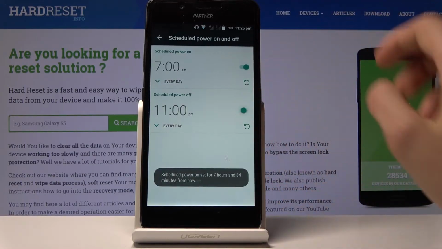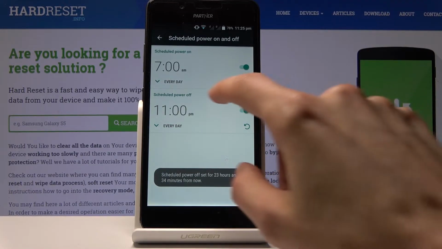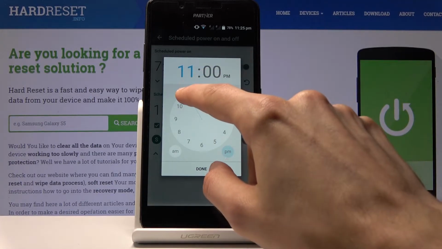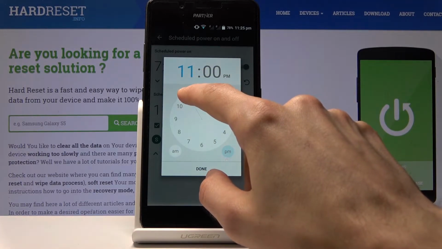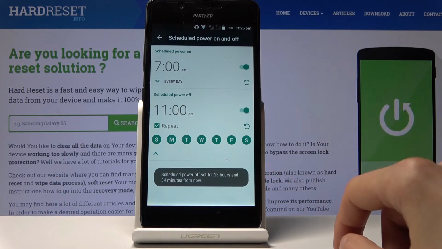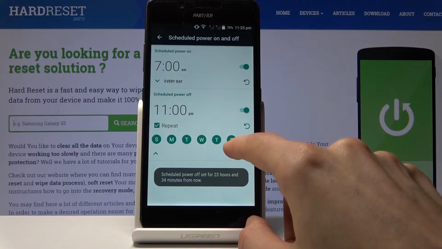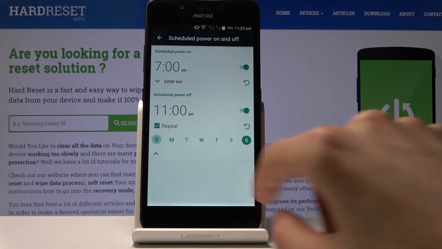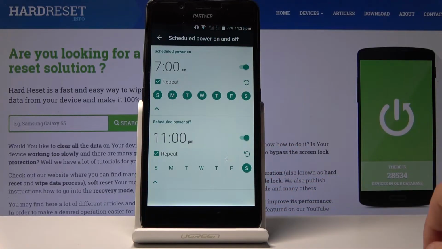So you can just enable both of them, and this is schedule power off. We're going to begin with the off, and I wanted to, for instance, shut off at 11 p.m. Actually that sounds good. Okay, so let's just tap on done. But I wanted to shut off only on a single day of the week, so Saturday seems good. And then I wanted to turn on